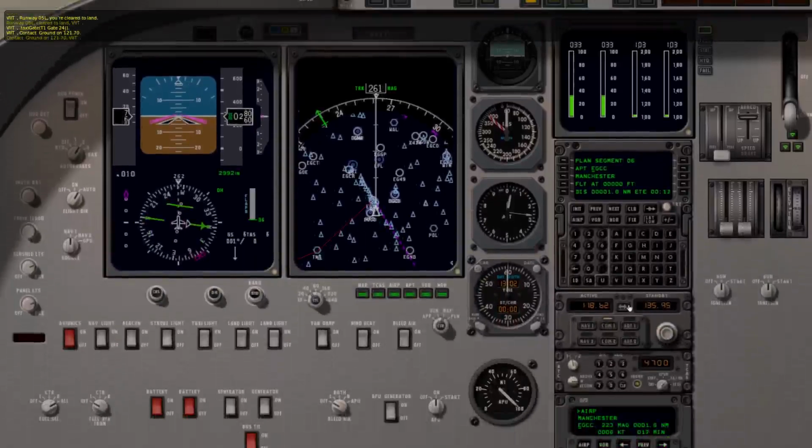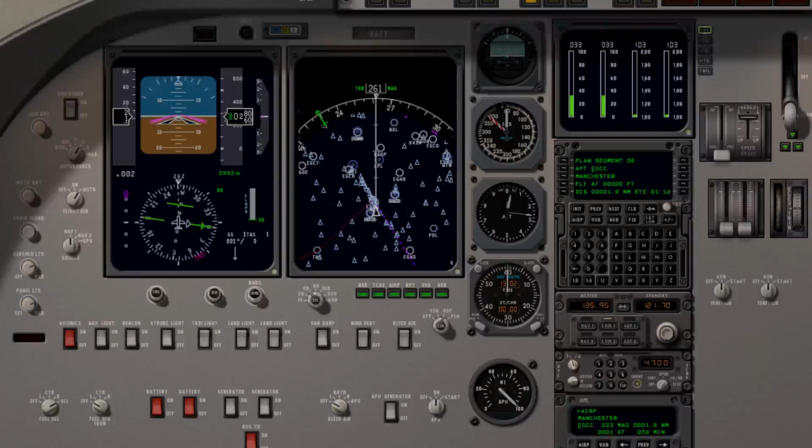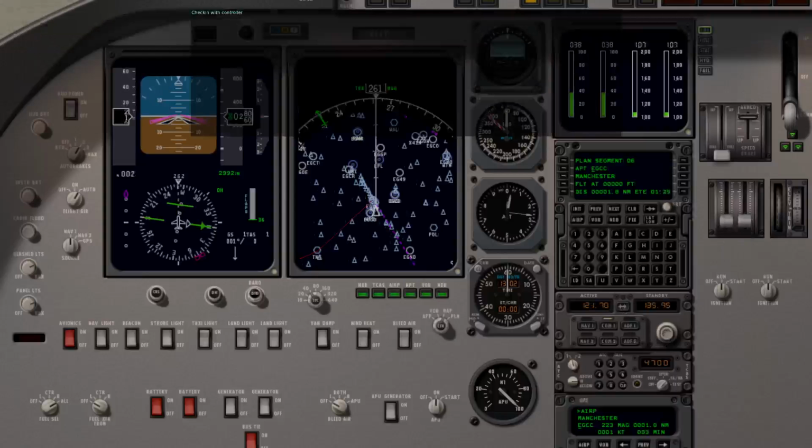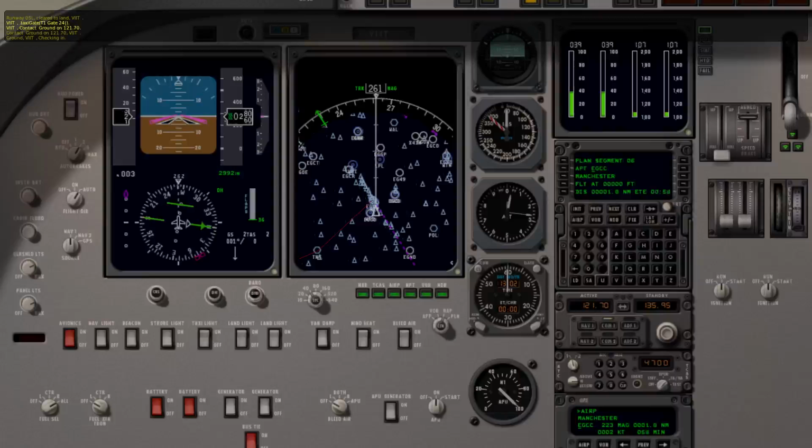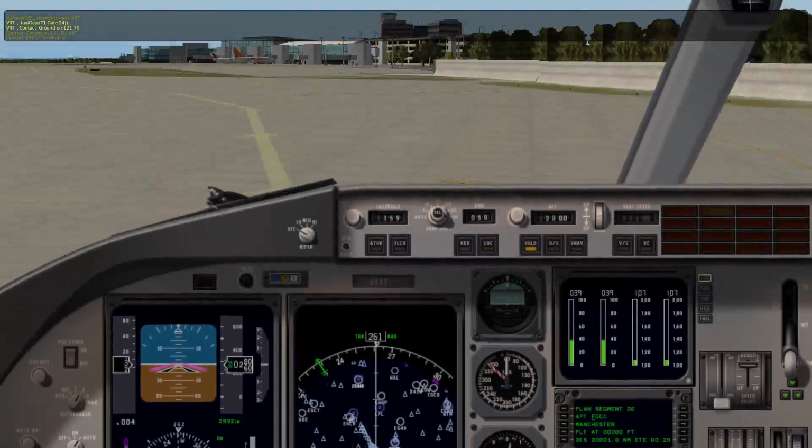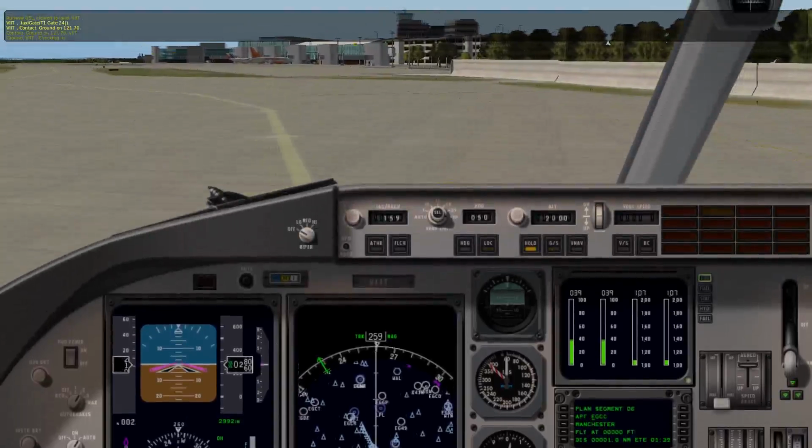Okay, so I'm just going to do that, 121.7. I'm now going to move the throttles back to take us forward a little bit. Checking the ground. Ground, Victor, India, Tango. Take the brakes off and you can see the yellow line has appeared for us to follow to get to